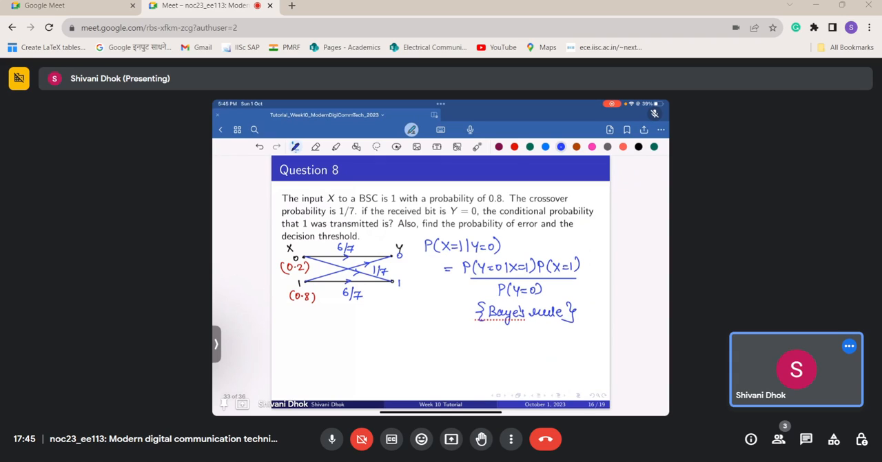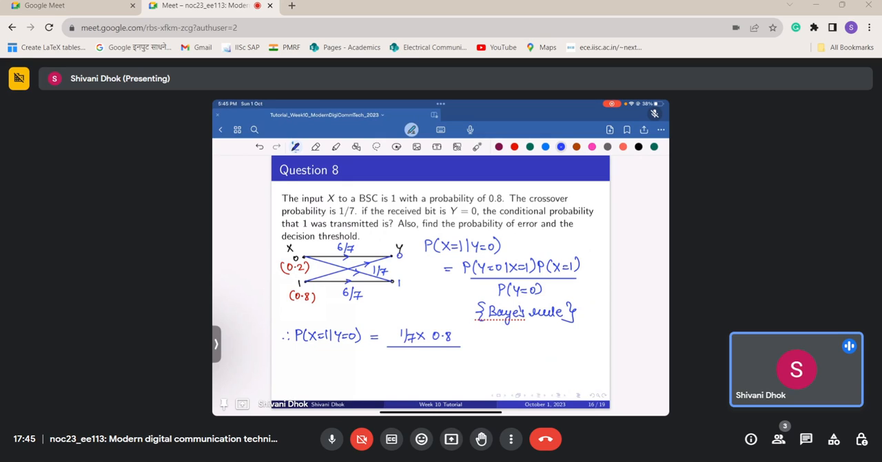So this we know. Now the probability that y equal to 0 given x equal to 1 is this transition probability, which is 1 by 7. Therefore the probability x equal to 1 given y equal to 0 is equal to 1 by 7 multiplied by the probability that x is equal to 1, so this is into 0.8, divided by